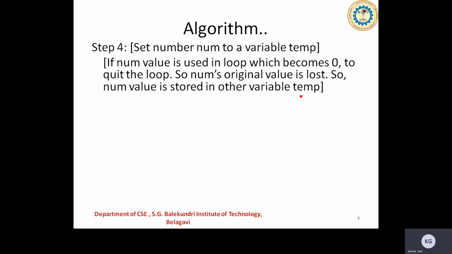I'll be doing this because once the number that is read is taken inside the loop, I am going to modify that value using the division operation, so I may lose the data that I have read. That's why I need to store it inside another variable, because on coming out of the loop I'll be checking the given data with the reverse data. So I need the data stored before I go ahead with reversing it.